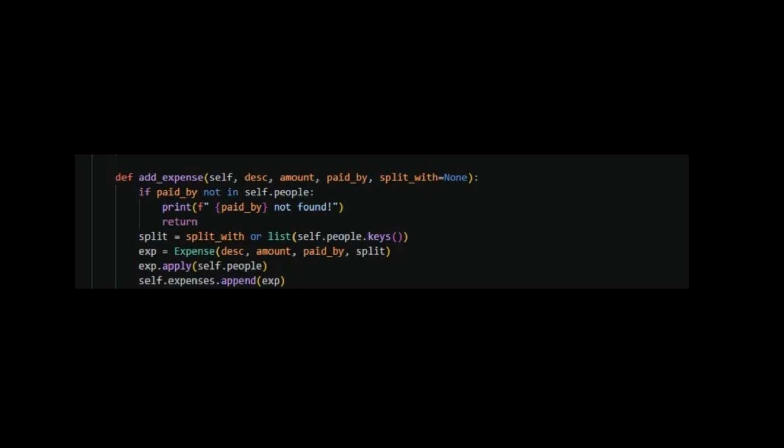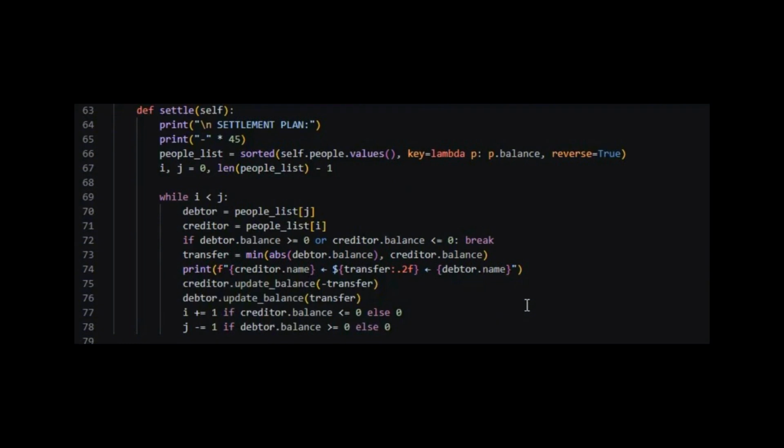The settle method is the main algorithm of the application. Its purpose is to generate an efficient settlement plan showing who should pay and how much should be transferred. First, all users are sorted based on their balance. The algorithm then uses two pointers.